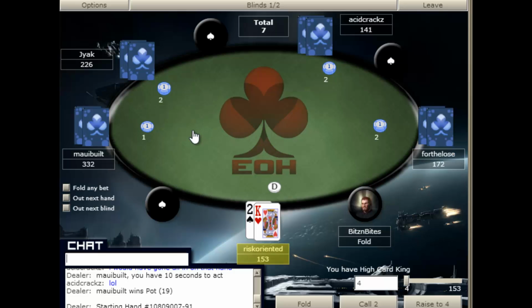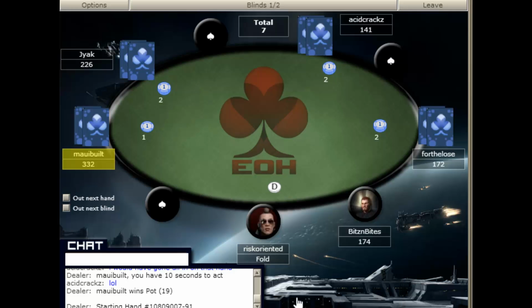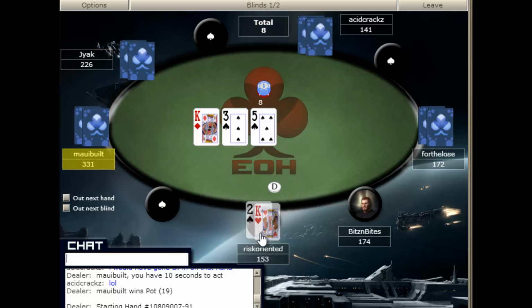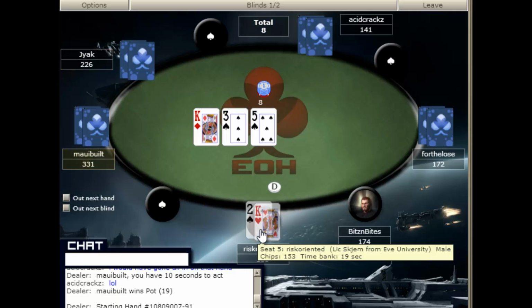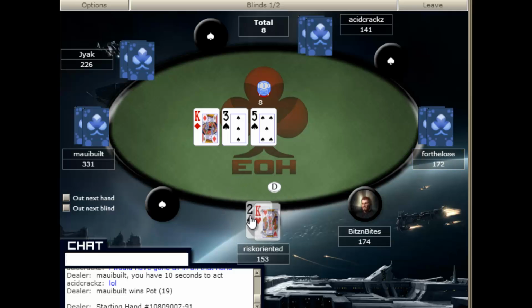But now we are on the button. On the button, we're going to be playing a lot of hands, especially hands with two high cards, or hands that make straights or flushes. But King 2 only has one high card, and the kicker's pretty bad, so we're not going to play that. For example, if we'd played King 2 here, anybody with a better king would have us dominated. So you can play more hands on the button.